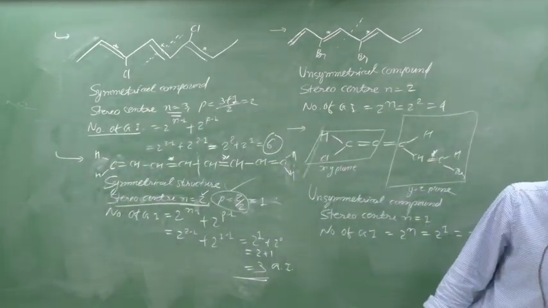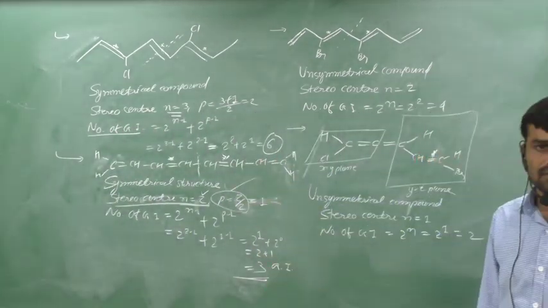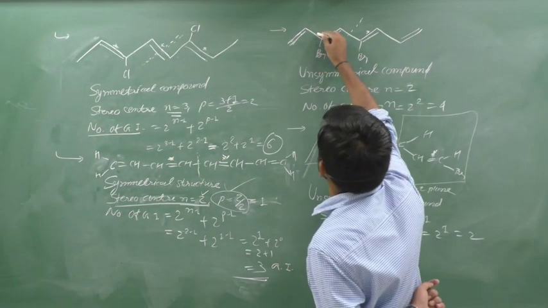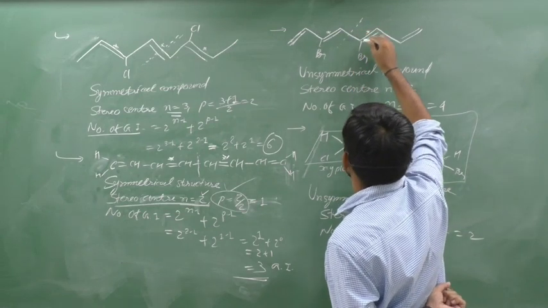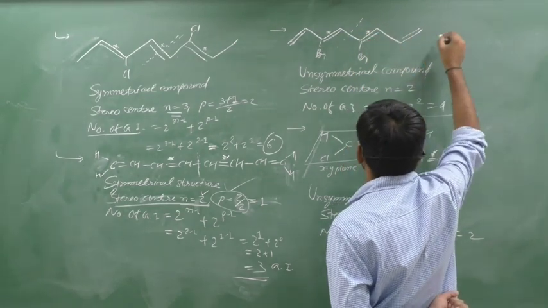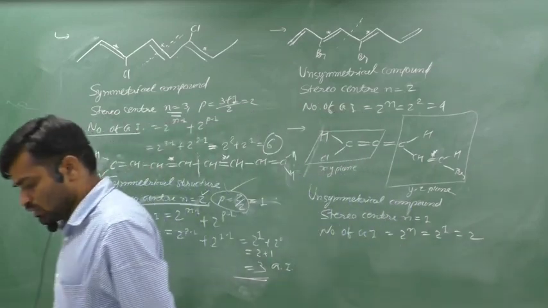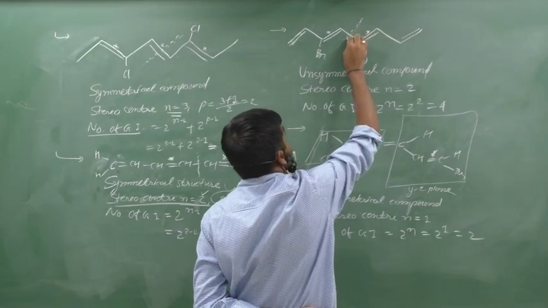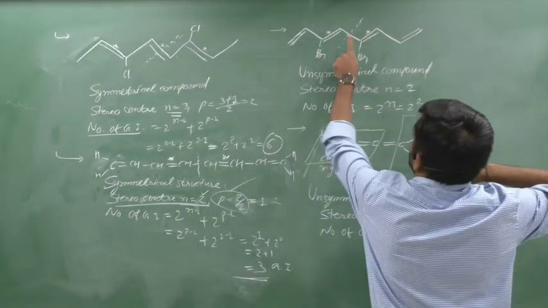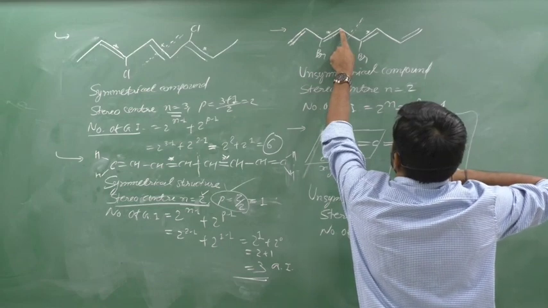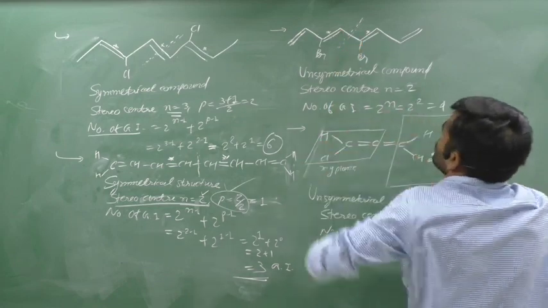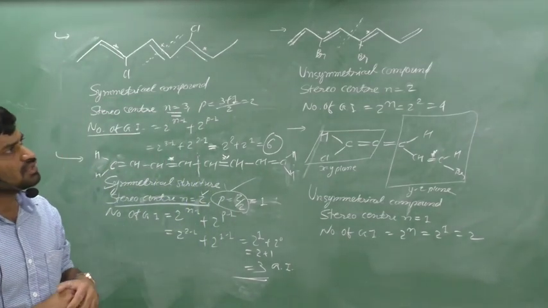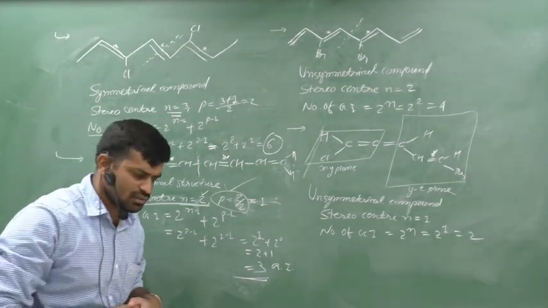Number of geometrical isomers possible for this compound is 3. Clear? Now if we have a compound like that: double bond, single bond, Br, double bond, single bond, Br, double bond, single bond, double bond. If we think about the symmetry and cut it in half, it has two different parts, because here it is CH and here it is CBr. They are not equal parts, so it is an unsymmetrical compound.